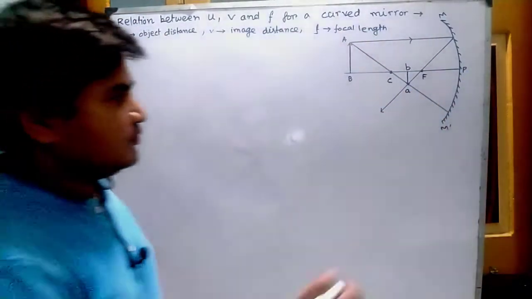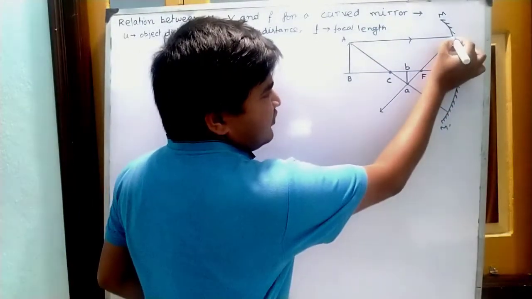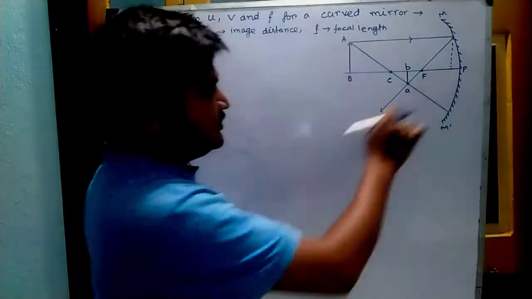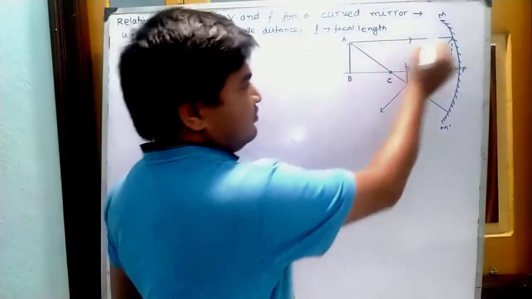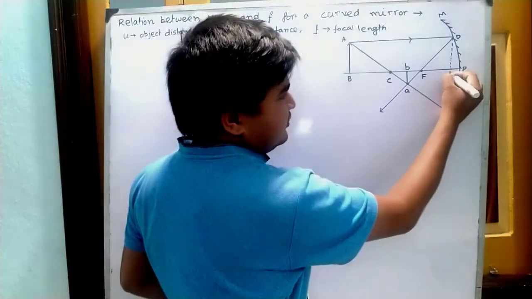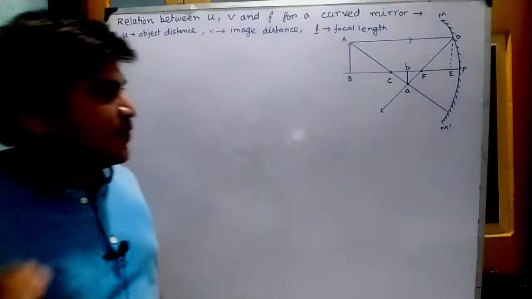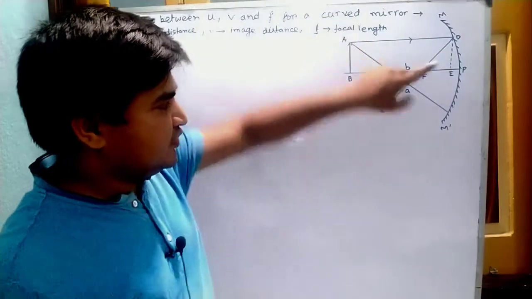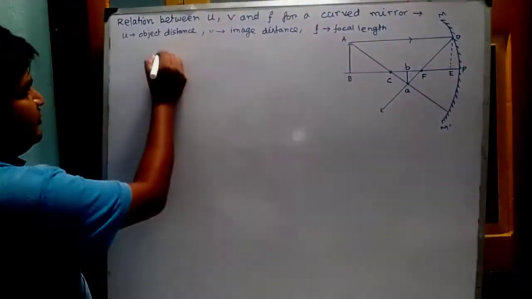Here we draw a perpendicular on the principal axis BP from point D. The name of this point is E. Clear? So from the first, these two triangles, from